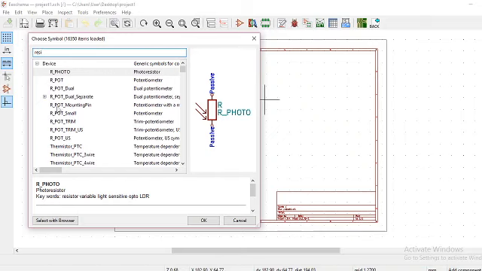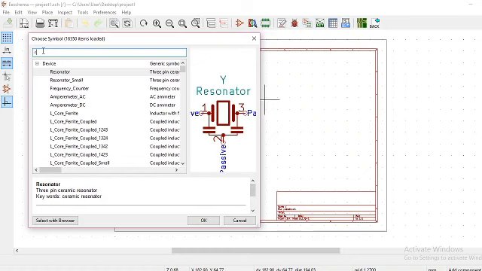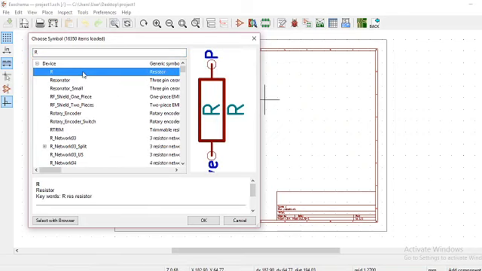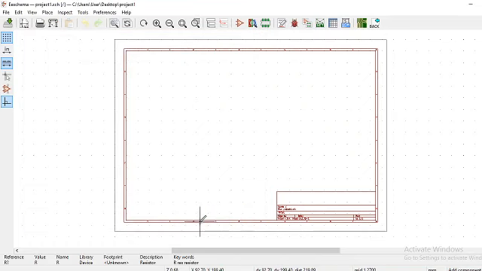Then select the result and click on OK. Place the component in the schematic sheet by clicking where you want it to be.